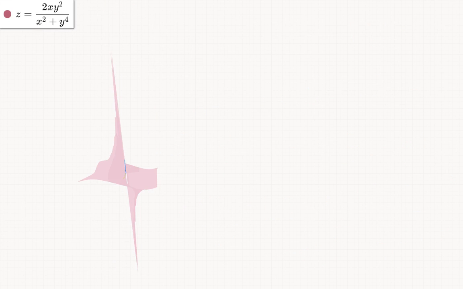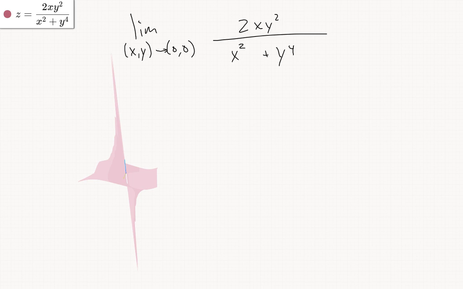Here's a final example. It's a bit more subtle. So let's look at the limit as (x,y) goes to (0,0) of 2xy squared over x squared plus y to the 4. So first, let's approach this along the line. It'd be easier for me to just write it as x equals my. So then this will become